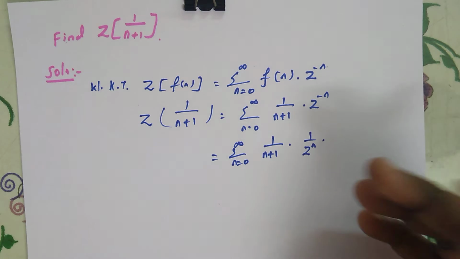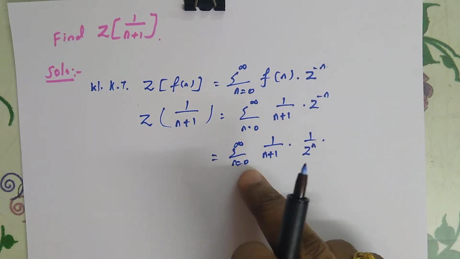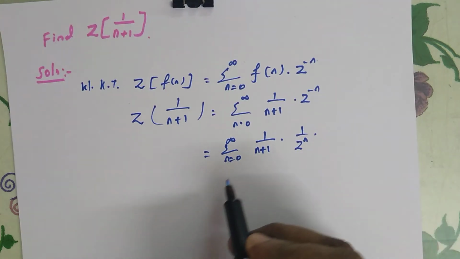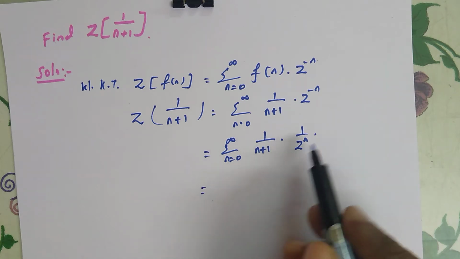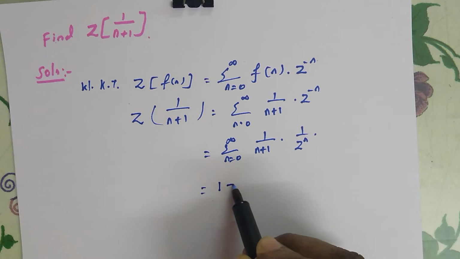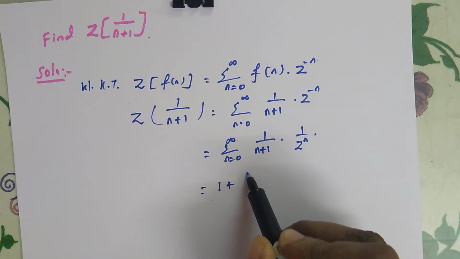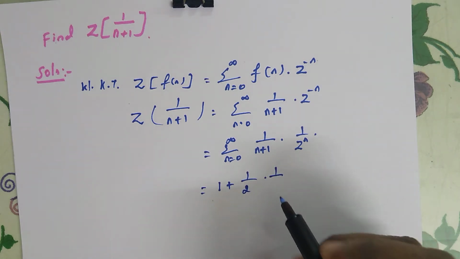Now what is the next step? We are going to give values for n, when n equal to 0, when n equal to 1, like that we will give values for n. So first n equal to 0. So 0 plus 1, so 1, and here anything power 0 is 1. So the first term is 1, plus next n equal to 1. So 1 plus 1 is 2. So 1 by 2 into 1 by z power 1